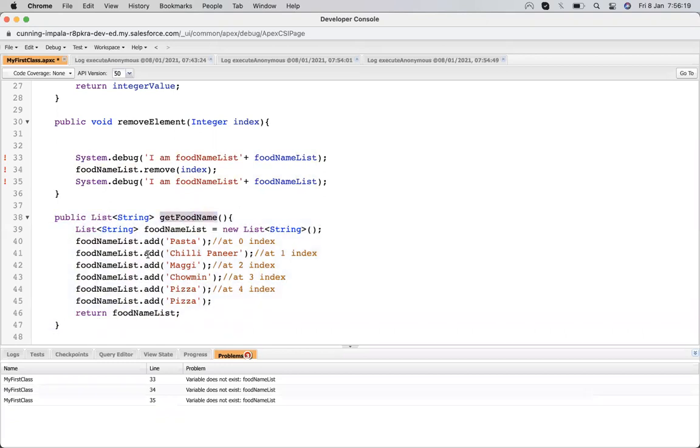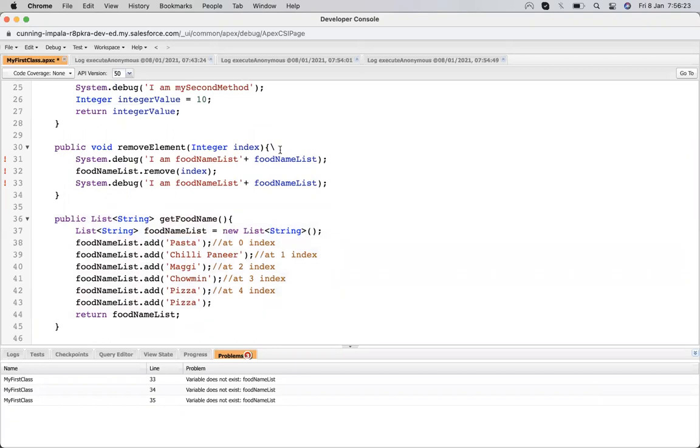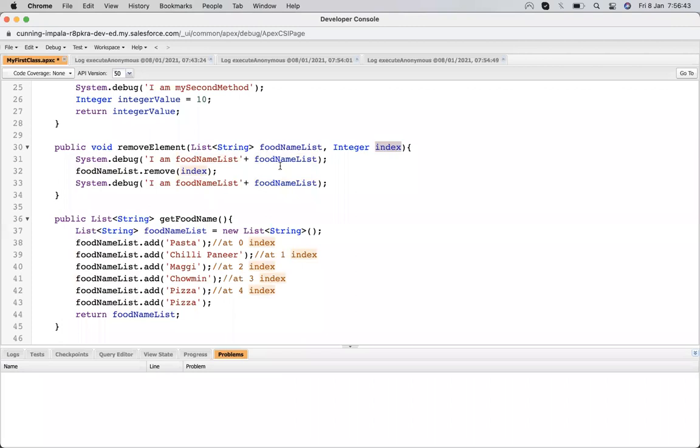Okay, and then in this parameterized constructor, I will pass the list. I will pass the list name and index name, so the elements automatically get removed.